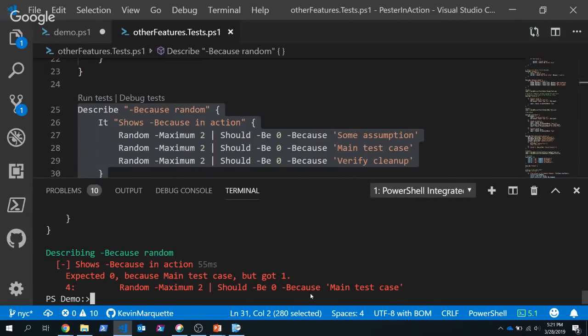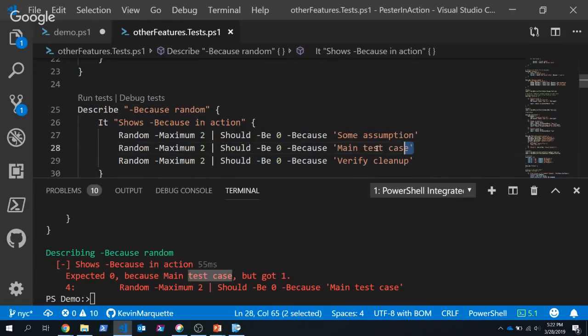And if I didn't have my because statement, I wouldn't know which one was actually passing. Here I'm saying I expected 0 because it's the main test case, which is actually this one here. So in this case, the first one passed because the random value just happened to be 0. And the second one, I got a 1, so it failed. And it can be much easier to see with this because statement which line